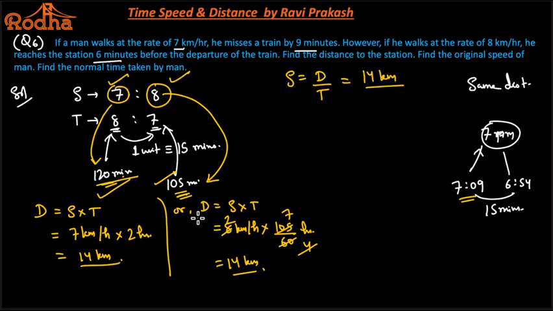So what is the actual time? It should be taken, right? So you will say the actual time should be either 120 minus 9, because at 120 minutes he is 9 minutes late. That means he should reach 9 minutes earlier. Okay, that is equal to 111 minutes, or it should be